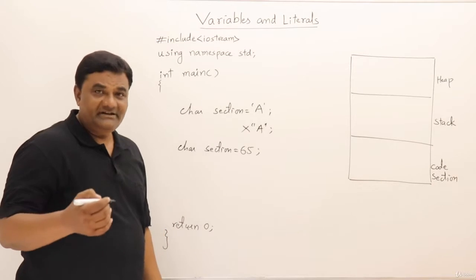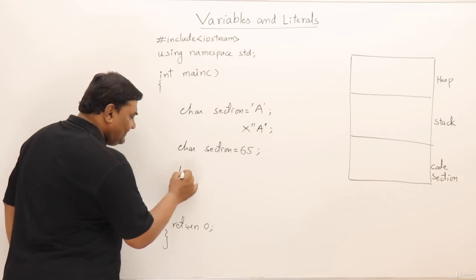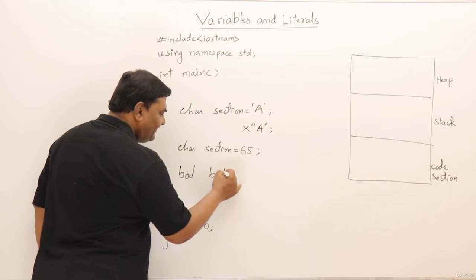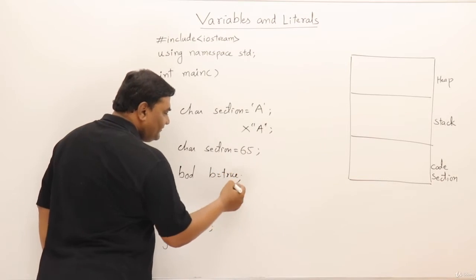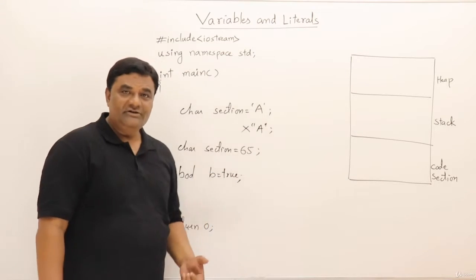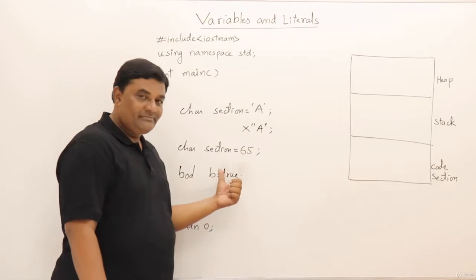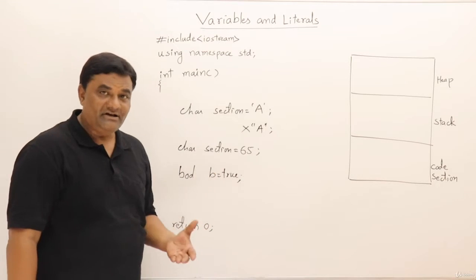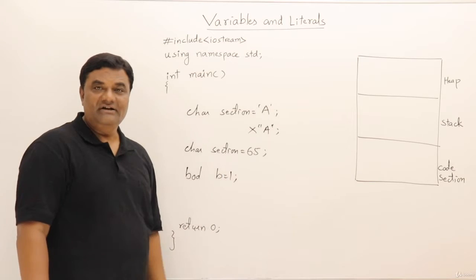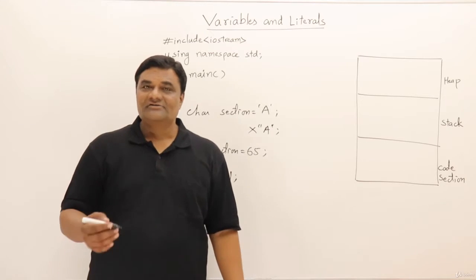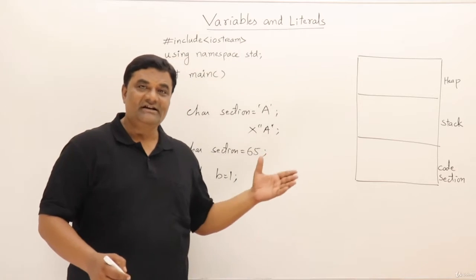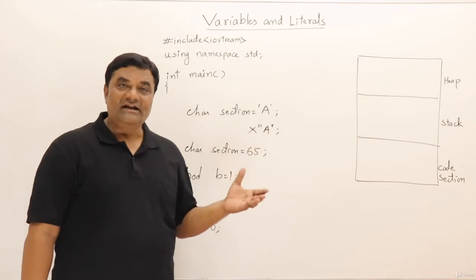Then the last thing remaining is Boolean. If you declare a variable bool b, either you can assign a value true or you can assign a value false. It depends on the compiler that you are using. You can write it true in small letter, or you have to write it in capital letter, or else you can even assign value as 1. So that's all about the variables, how to declare them, how to initialize, and what are the types of literals